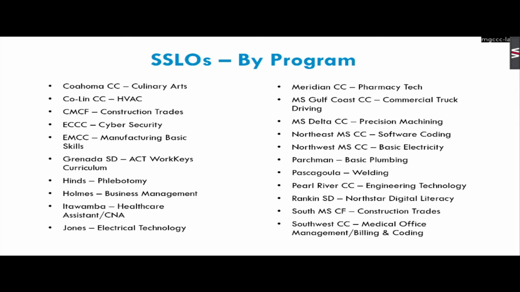So like for instance, if you're Pascagoula, you got welding. You already have the 2 columns built already for you. You have the CCRS standards aligning to the outcomes of welding. All you have to do is add your 3rd column and your goals. Same thing for everybody else. So this means you have 1 IET to build. Okay, and we're going to put these all on the website for you to be able to go and refer to where everybody can have a copy.